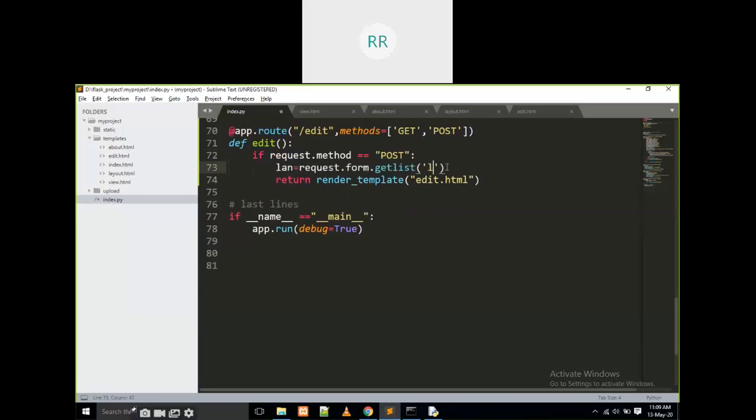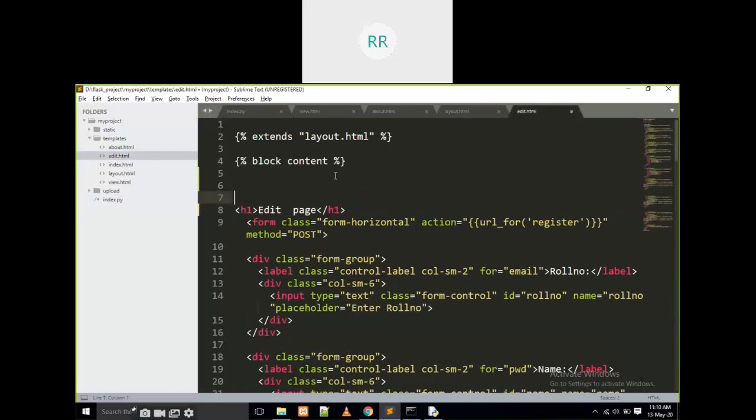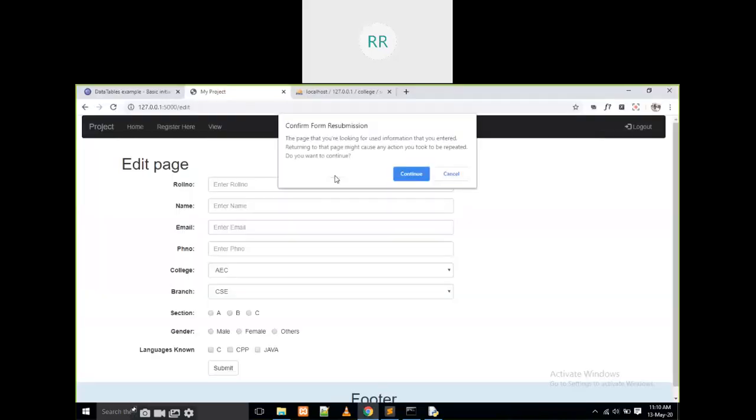For example, this is edit, and this is data. And copy data is equal to data of. Here is the edit page. In this edit page, I am going to write some data. Is it working or not?